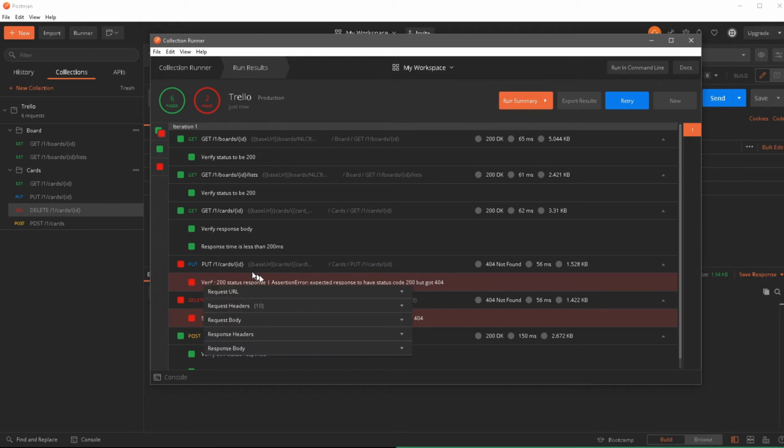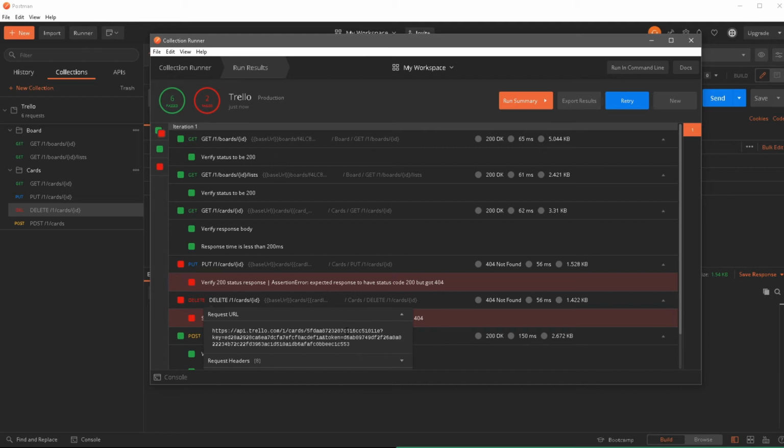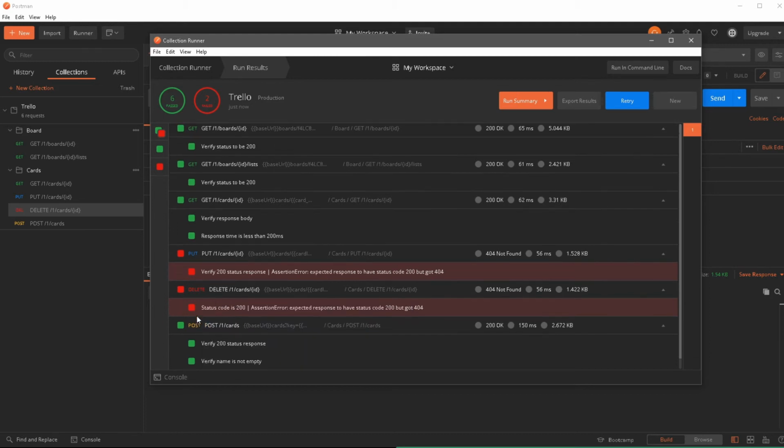If I actually click on this, the request URL, it is actually passing that card ID, over here, it's actually passing this card ID. So 011E, it's passing that. And same thing if I open this one, it's also passing the 011E card ID. So that is actually working. It's passing this card ID, but yet our test is still failing. So what could be the reason for that?